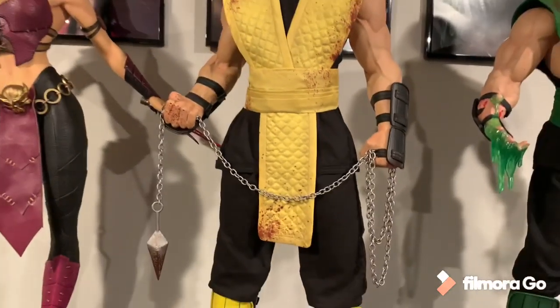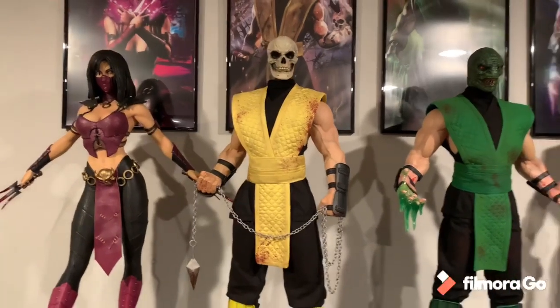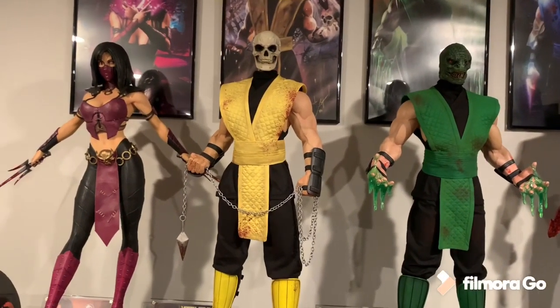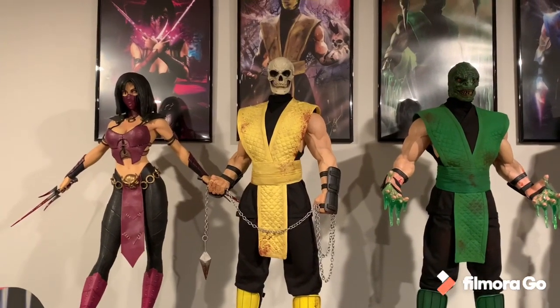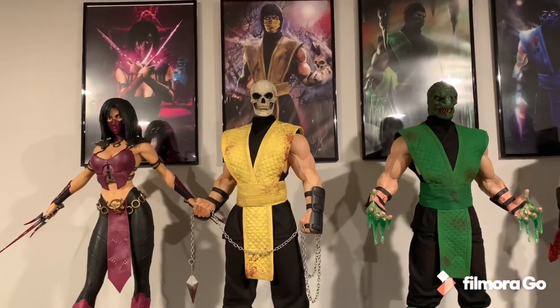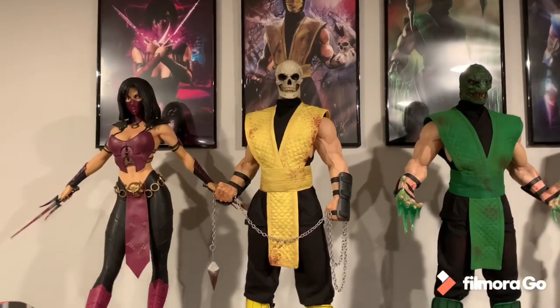And this has the classic NetherRealm Studios pose, which is one reason I love it so much. Scorpion obviously being one of my favorite characters. I love this pose. It's the NetherRealm Studios pose. If you ever look at the Mortal Kombat in NetherRealm, this is the pose in that actual,